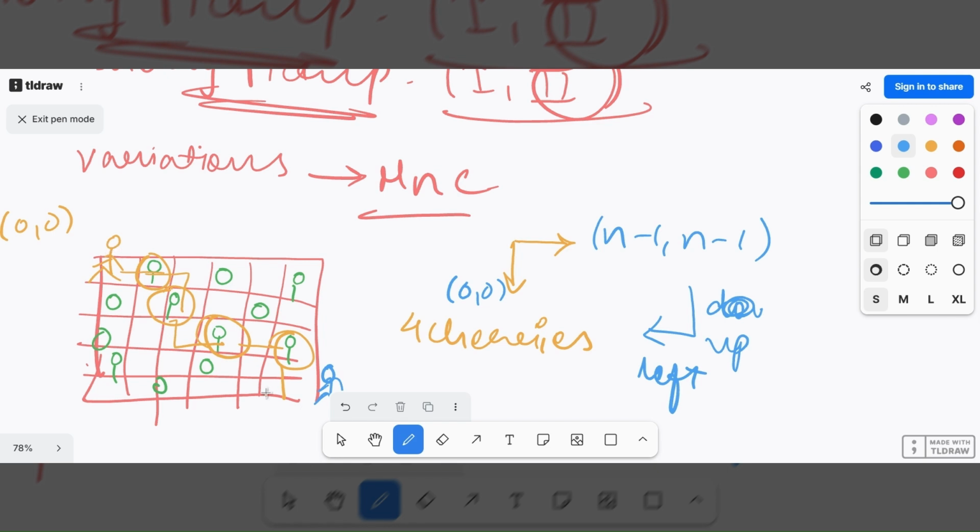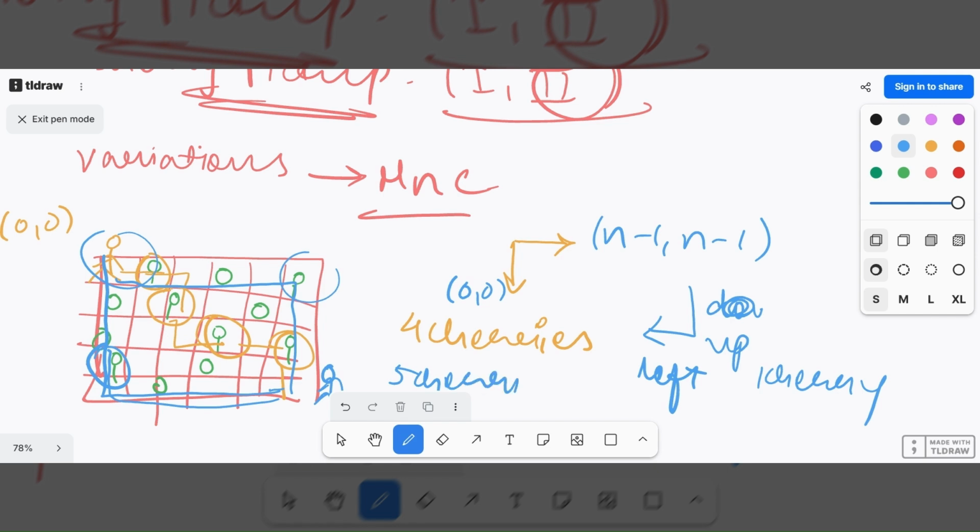So let's say he will not take the path where cherries are already taken. Of course, he will take the path where cherries are not taken. So either he can go from here to here and take this cherry, or he will go from here to here. Now he cannot go right, it was said that he can go left or up. So this is one of the ways, or he can go from here to here, taking one cherry. So these are two possible ways. So this person has taken initially four cherries, and then he took one cherry following any one of the paths shown in blue. So a total of five cherries taken by this person.